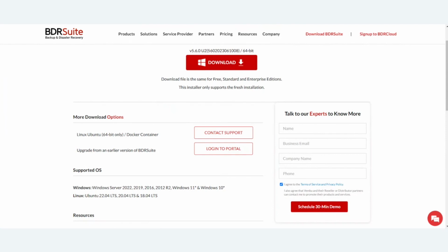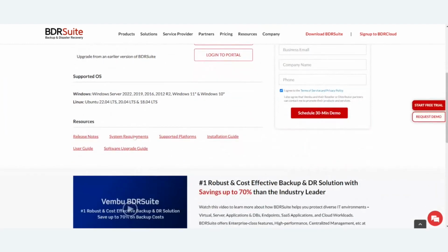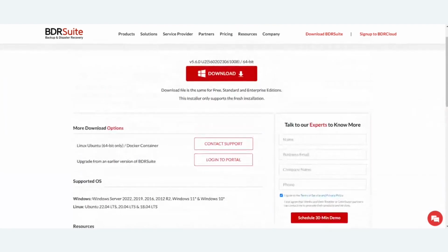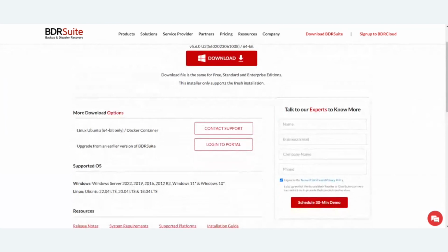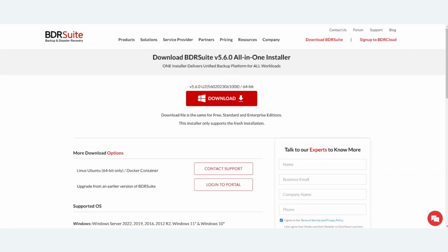So you can download the backup software from here, and install it on the supported operating systems. So we have the supported operating systems details in the system requirements. Also the supported OS details are mentioned over here. We also have a Linux build that is specifically for Ubuntu. It is a 64-bit configuration. If you need a Linux build, you can contact our support and they'll get you the details. So for Ubuntu, the operating systems that we support are from 18.04 LTS and above. Yeah. So once you install the software,